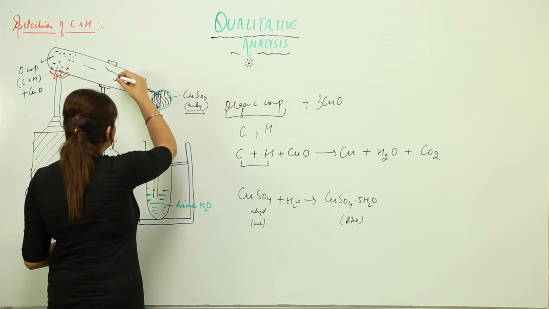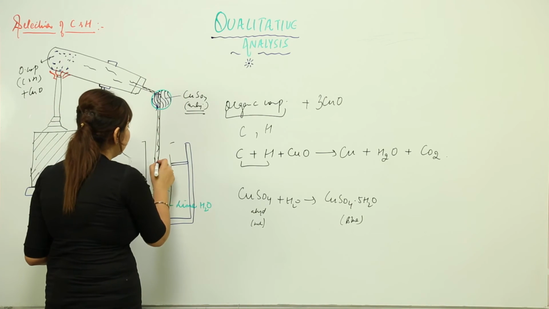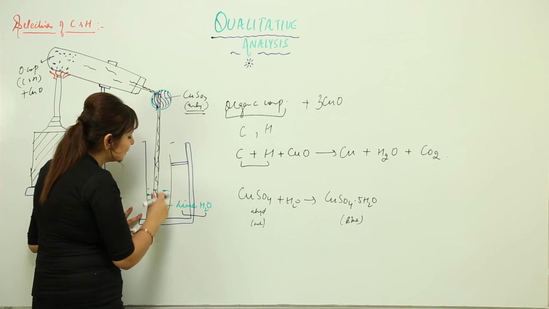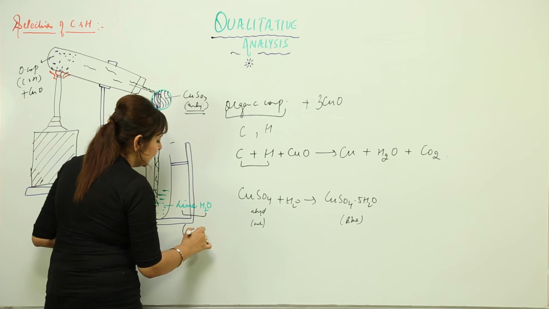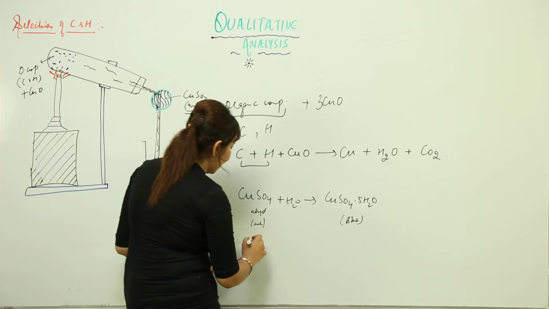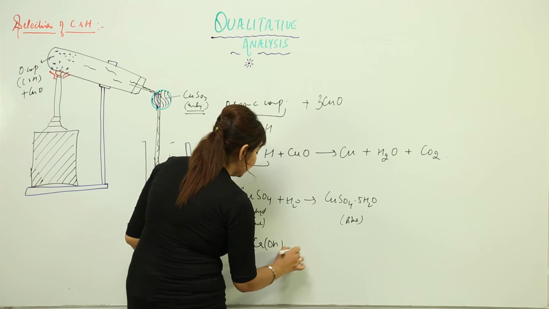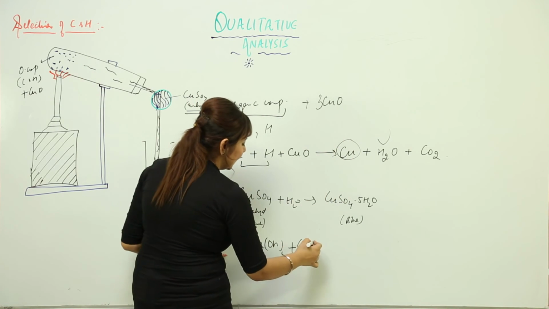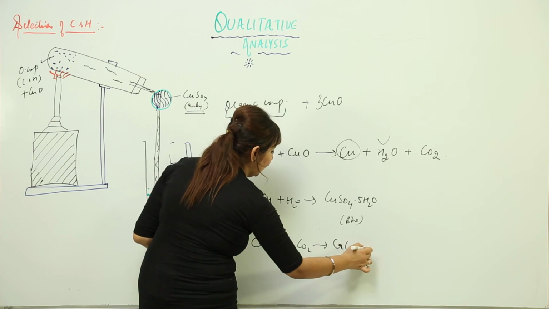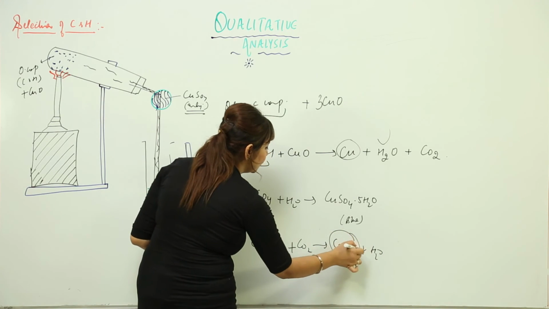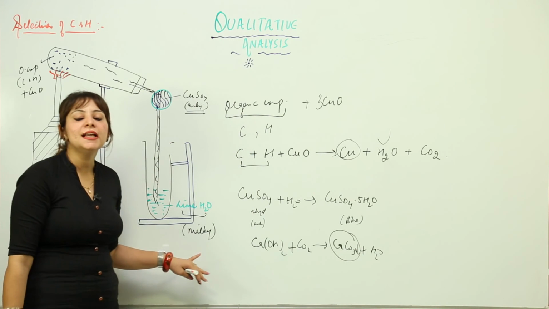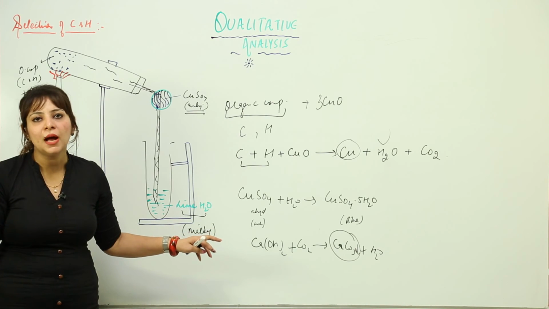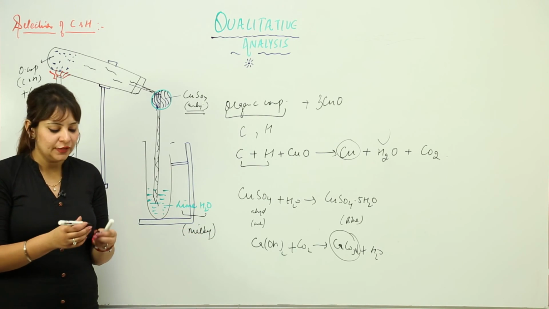Likewise, when the gas passes from here, the water is absorbed. The gas which passes here goes into lime water, right. When we pass this other gas through here, we see that the lime water turns milky. So what happened here? The water has already been absorbed, and CO2 stays behind, and it combines with lime water, Ca(OH)2, forming CaCO3 plus H2O. Due to the formation of calcium carbonate, the lime water turns milky, because CO2 gas reacts with lime water forming calcium carbonate.